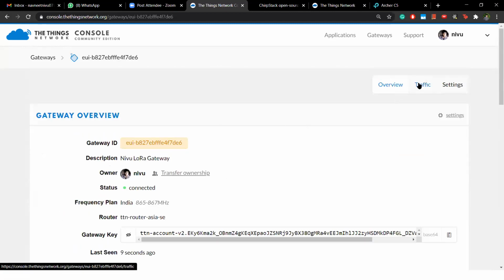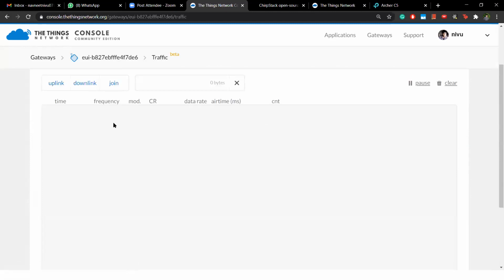And you can also go to this tab to get the traffic. So here you will get the uplink, downlink, and join. Okay. So you will get uplink and downlink traffic here. Okay. We'll come to that. And also you will get join because there is a process of joining to the network. So every node, after you configure the initial settings, you have to join to the network. Okay. Join to the network server. So those packets will be coming here.